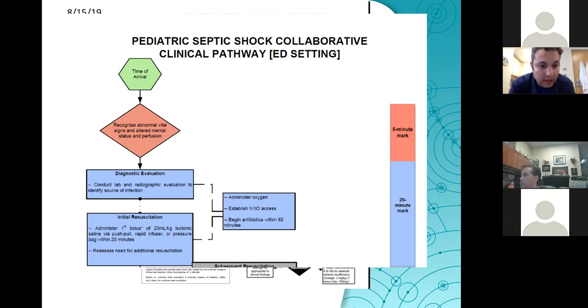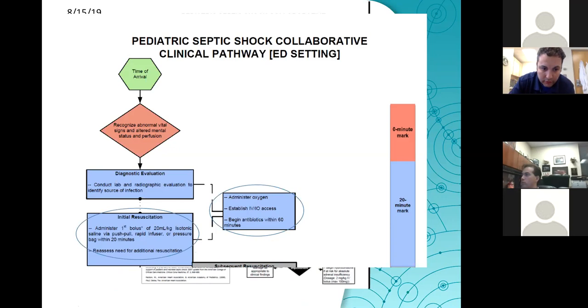Initial resuscitation in pediatrics, we start with 20 ml per kilo, except for children who are known to have congestive heart failure or congenital heart disease. We like to push those volumes a little bit faster than 999 because they may take a little while, so we can do push and pull. A rapid infuser is acceptable if that's what you use in the ER, or a pressure bag. We like it a little bit faster than I feel the algorithm places there, but the algorithm has about 20 minutes before you reassess and consider the need for potentially more volume.